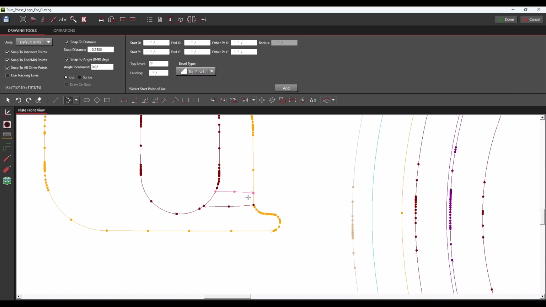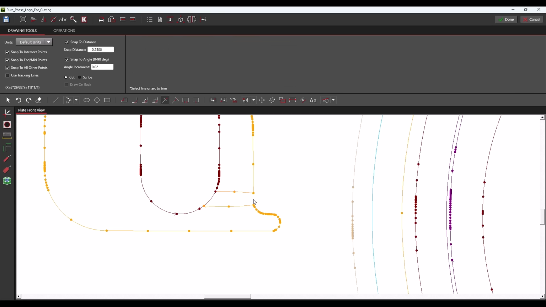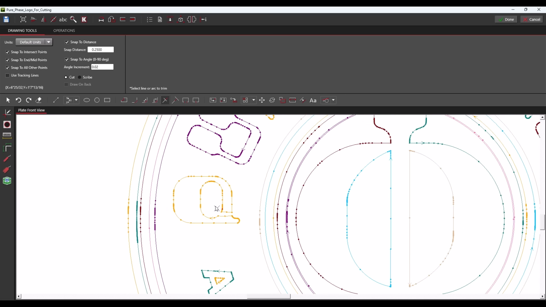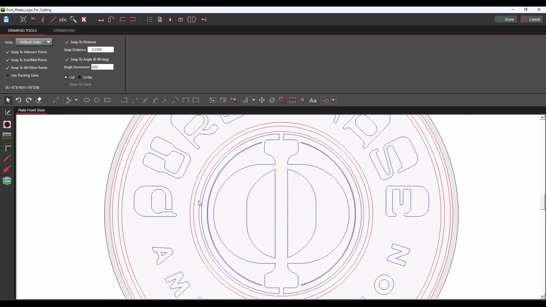Okay, so now that they're connected, I'm going to use the Trim tool by hitting T on the keyboard, and then I'll just click on the lines that I want to get rid of. So now we can see that our P letter is one continuous cut, and it's leaving the inside of the letter intact so that people could easily tell what letter it is. We can always check our work out by clicking the button with the blocks on it over to the left. This will build our drawing and just make it more easily visible without all the different colors.